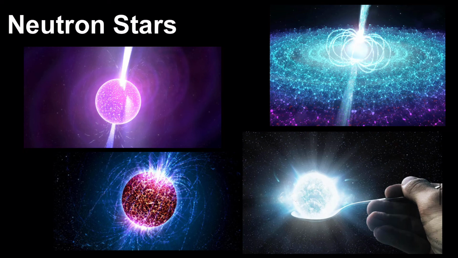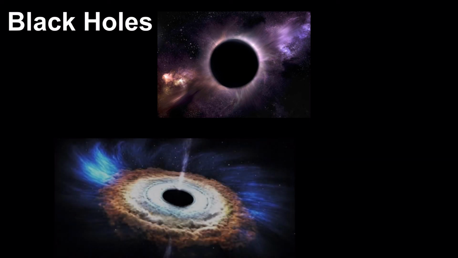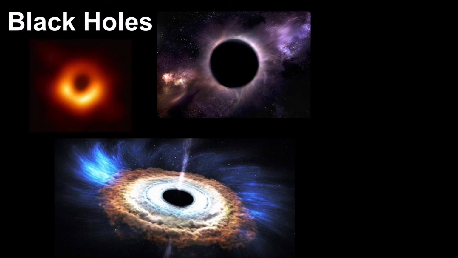But what happens if the star was even bigger and a neutron star didn't form? Only the largest stars are lucky enough to explode and form black holes. Black holes are places in space where gravity has become so strong that light cannot escape. Since light gets sucked into a black hole, the actual black hole is invisible. We know they exist due to their pull on other stars as well as the light they eat that surrounds it. Kind of creepy to think about.